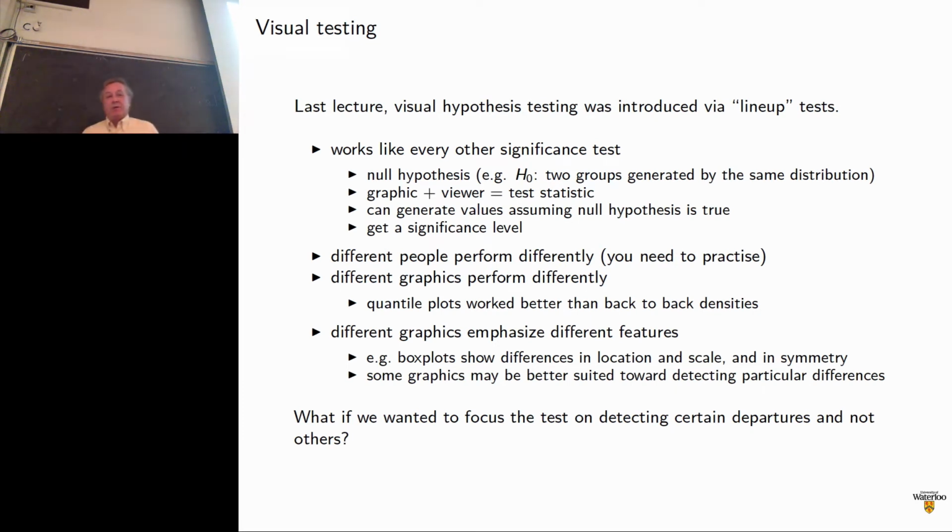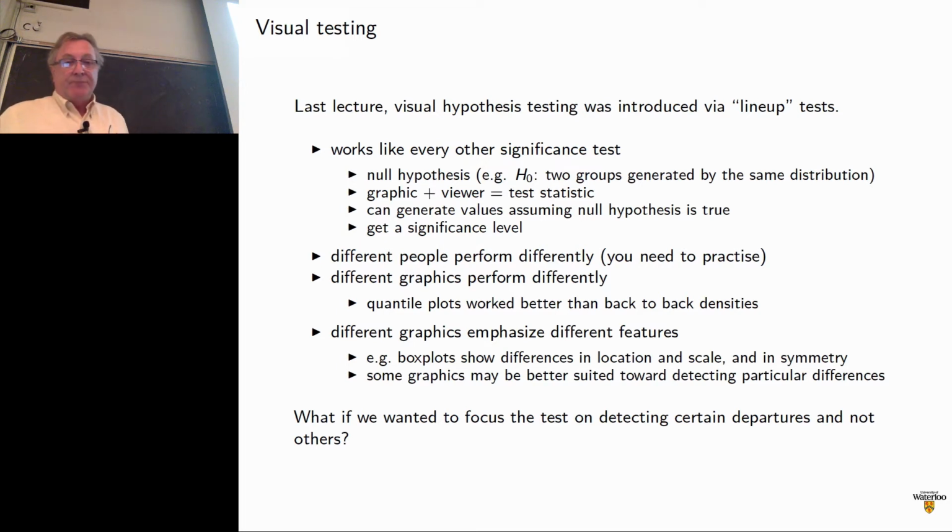Last day we introduced visual testing via the lineup test. And this is a significance test just like any other formal significance test you've encountered in the past. It's just that the peculiar thing here is that the test statistic is a graphic and you're a part of the test statistic itself. So you're part of this discrepancy measure. So we've got a null hypothesis, a test statistic or discrepancy measure. We can generate values under the null hypothesis. We know how to generate values, and we can get a significance level just by whether or not you pick